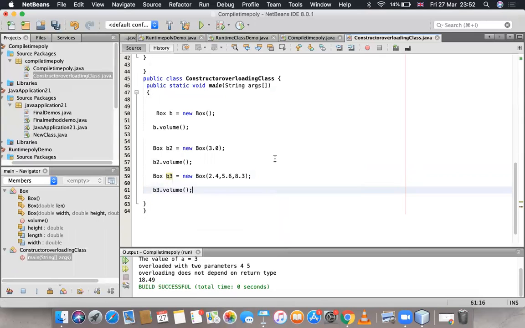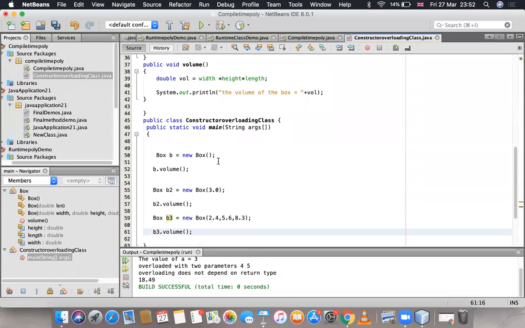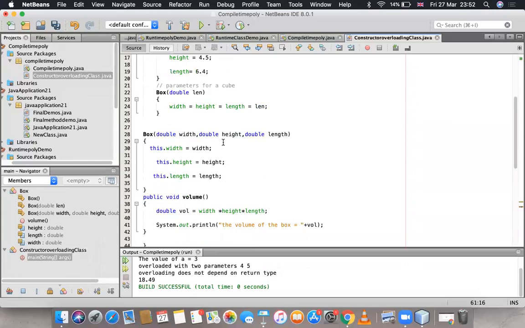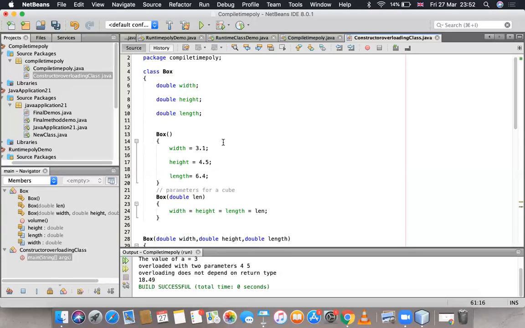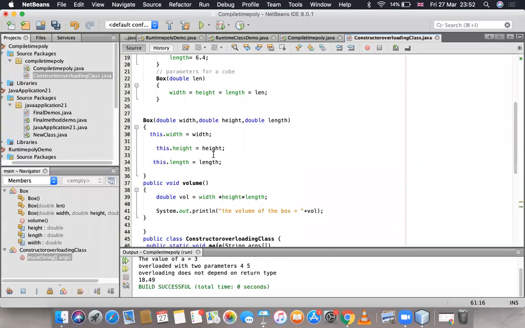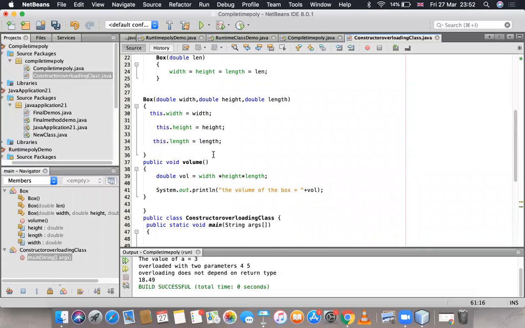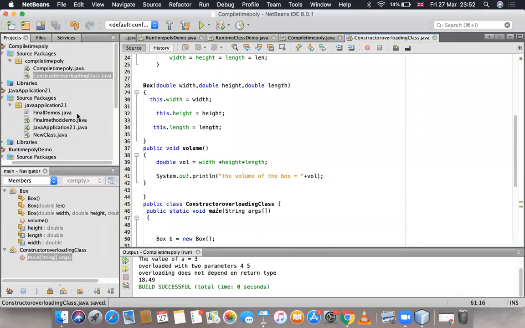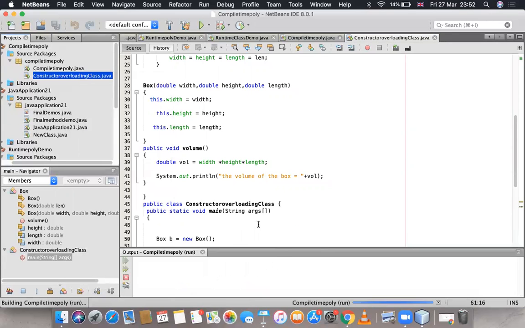Because this constructor is overloaded thrice, I am able to find the volume of three different sets of boxes, that is boxes having three different sets of dimensions. Let me save this program and run this constructor overloading class.